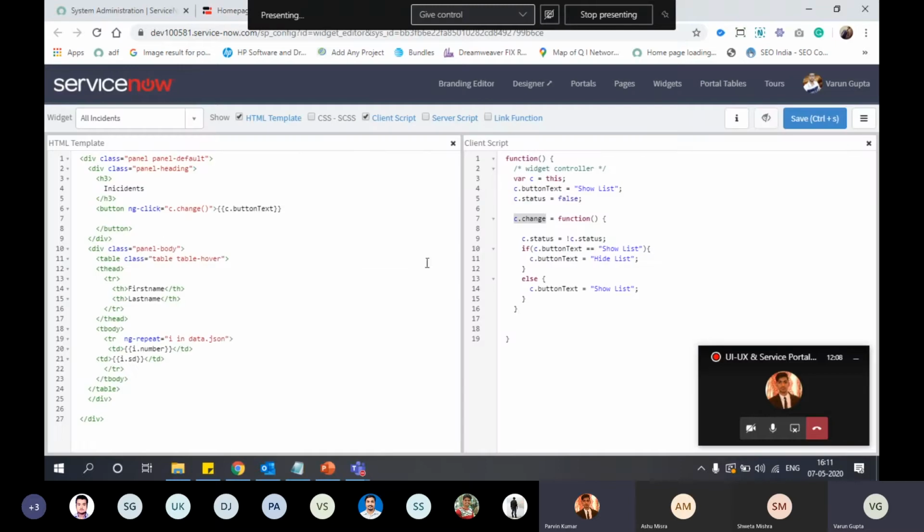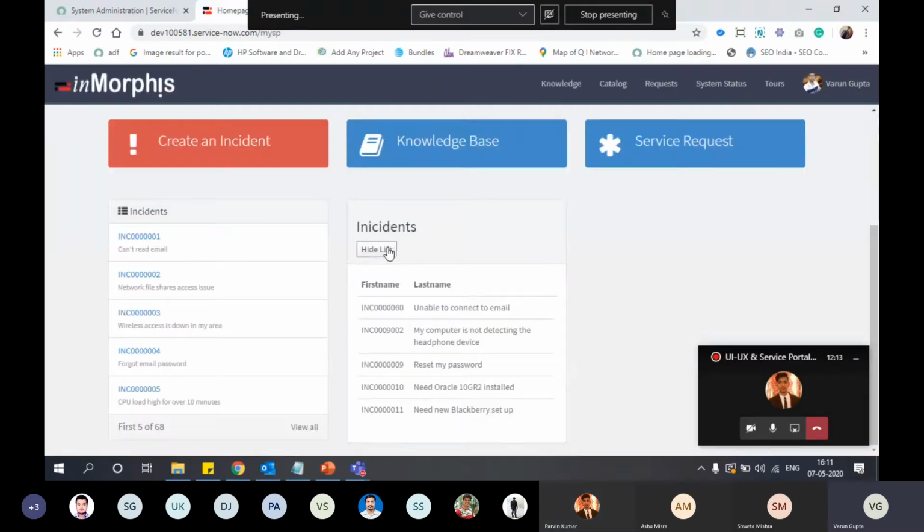Moving ahead, I have created this button to show or hide this list. On click of this button, it will show or hide, or toggle, this list.